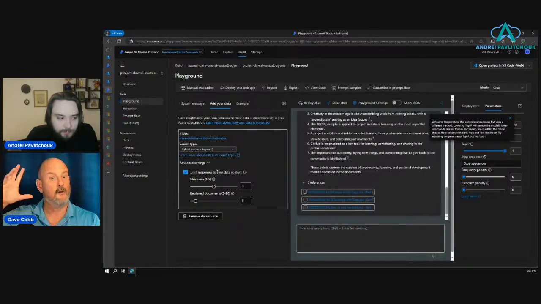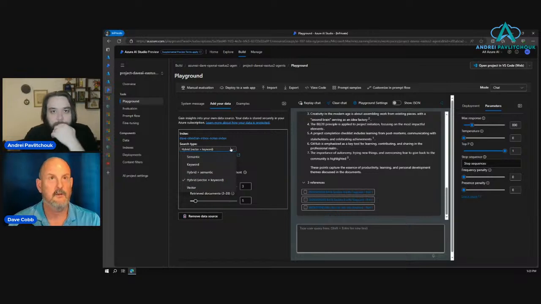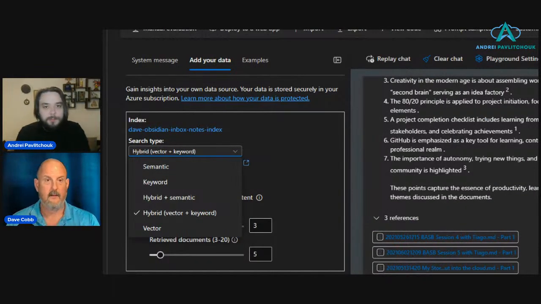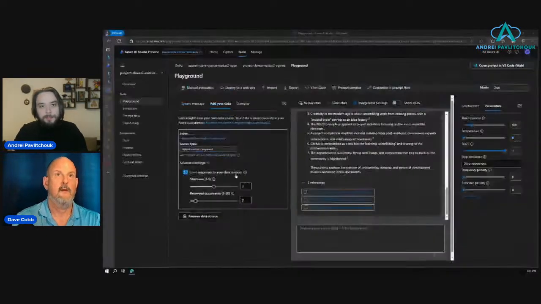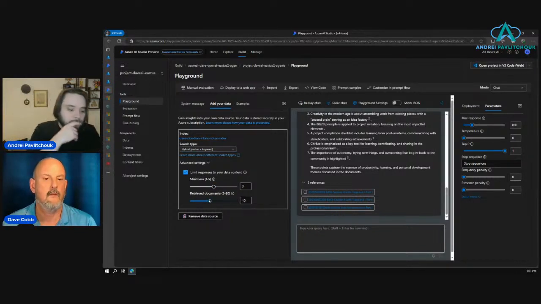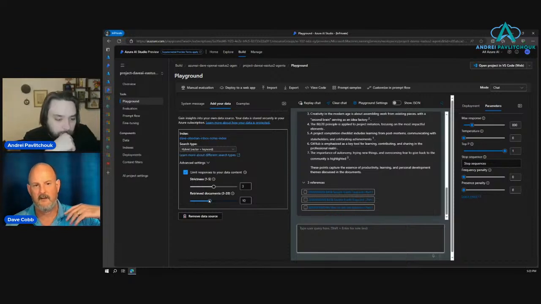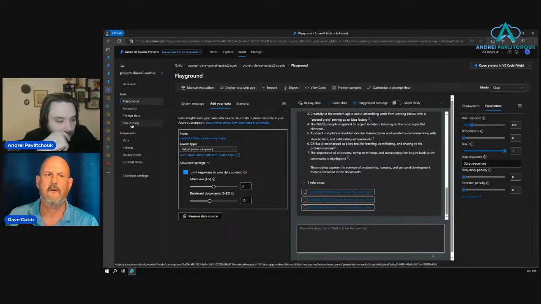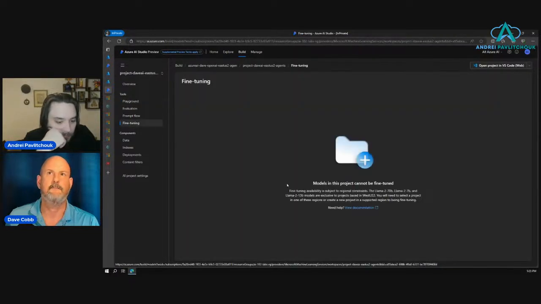So those are variables. Also variables are, how is the index constructed? What approach did I use to build that index? What data got pulled into the index? Another factor: what are the settings around this? How strict is this? How many documents do I want to pull in here? All of those variables that I just mentioned are on top of, or I don't know if they're considered fine tuning or they're in addition to fine tuning. So if I go into fine tuning here,